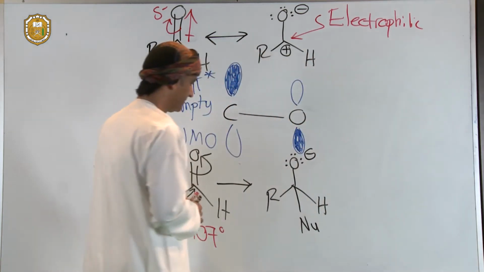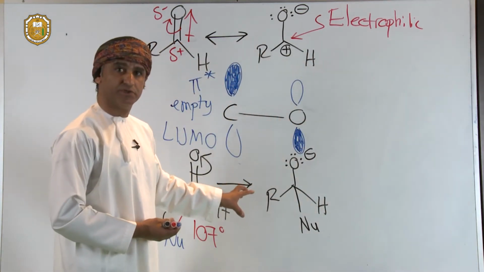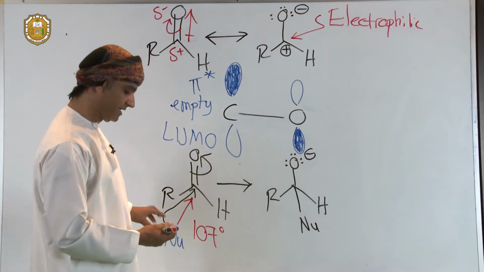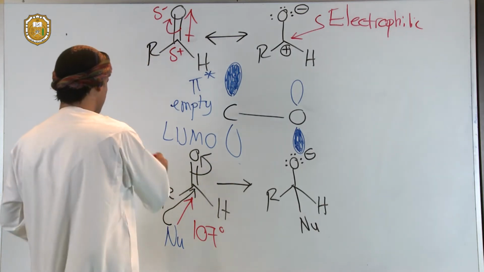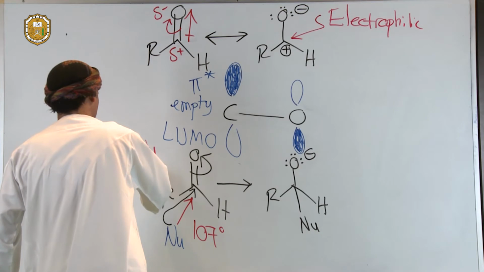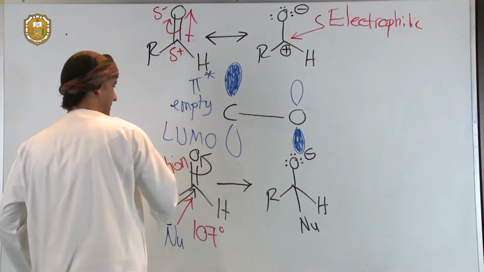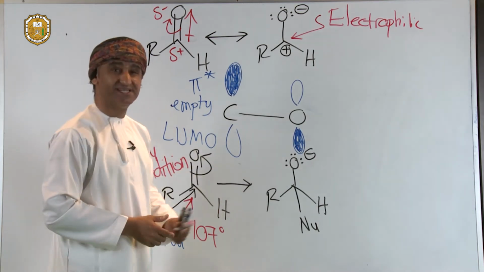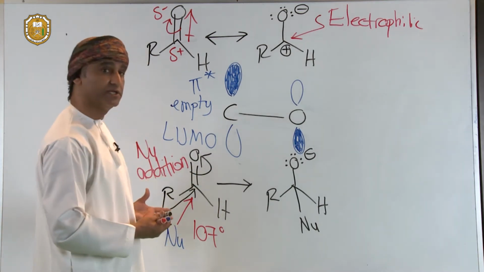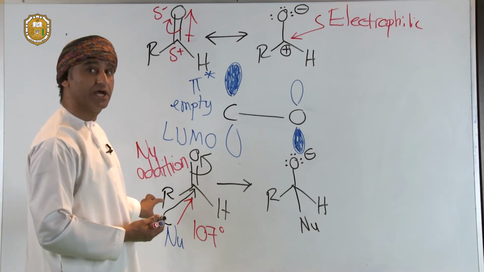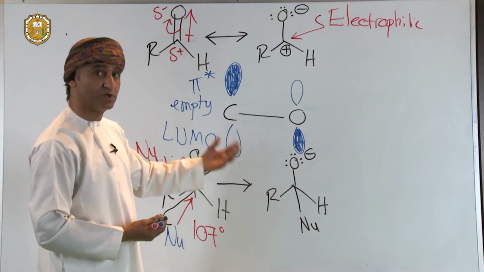So that's the intermediate that's produced in this nucleophilic addition reaction. We can describe this as nucleophilic addition. Now that intermediate alkoxide, the result of the attack of nucleophiles on carbonyl groups, gets protonated in